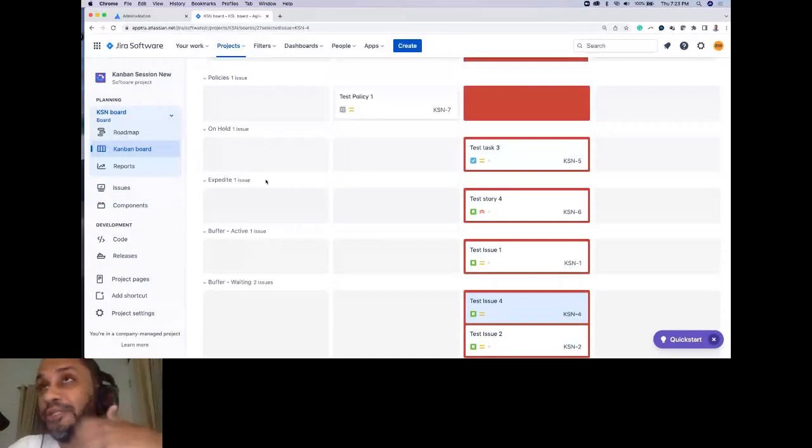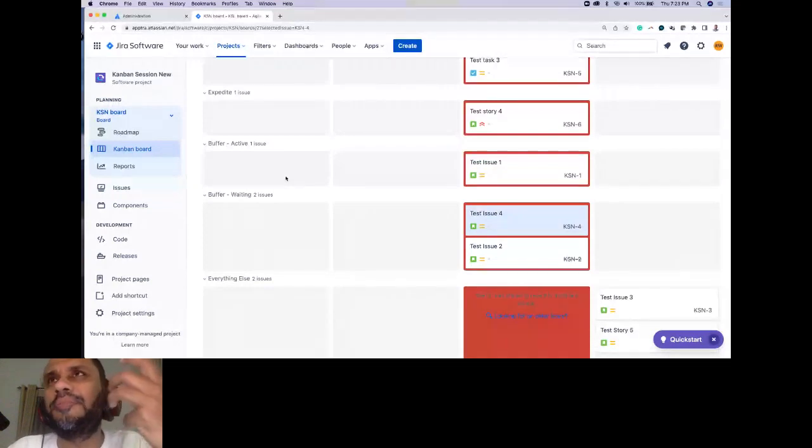What do I prefer? I actually prefer what I showed previously. I'm sure Atlassian will address this. When I looked, I saw that there are threads about buffer statuses, needing to break a main column into sub columns. There are some discussions already going on in the Atlassian community. I'm sure these features will come out later. But what do I prefer? I actually prefer the first option that I showed, but keep in mind, you will end up adding more and more columns, right? And you will need to do that backend mapping to enable those transitions properly.